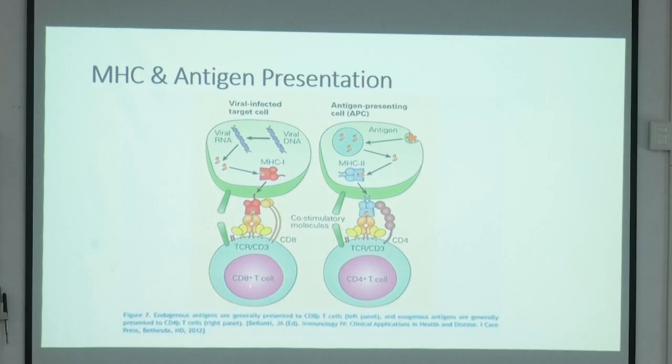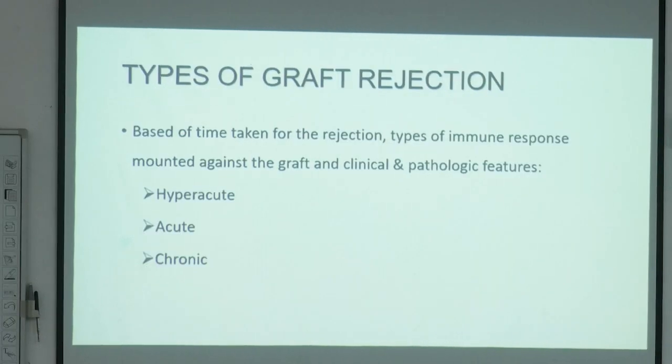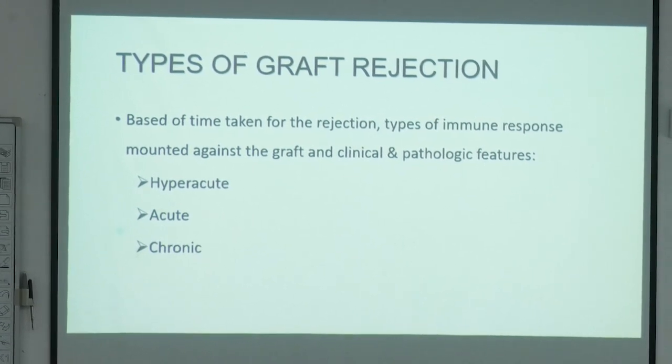So this is the diagram. You can see CD8 is triggered by MHC1 and CD4 is triggered by MHC2. MHC2 will be presented by the antigen presenting cell and MHC1 by the viral infected cell. What happens is a normal cell will express MHC1 antigens, but when it is infected with virus, it will fail to express MHC1 molecule. Okay, then it will trigger CD8. This is how it occurs. And in human beings, the same function is done by HLA. Okay,